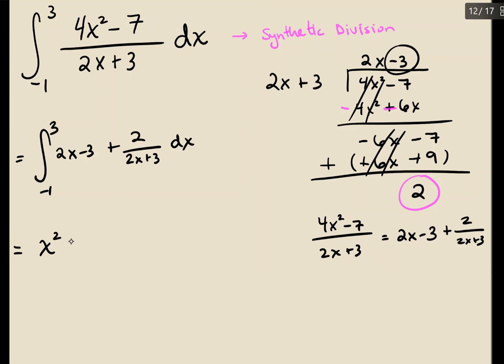And we're going to get x squared minus 3x plus, 2 times the natural log, or no, sorry, just natural log of 2x plus 3. Since this was a definite integral, this is from 3 to negative 1. We're now going to substitute in the values for 3 in every x here, and then subtract that from substituting the value of negative 1. So this would be